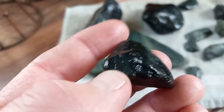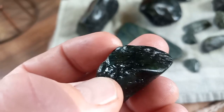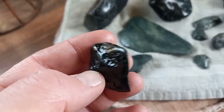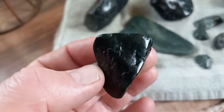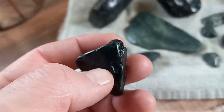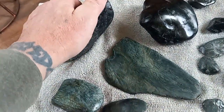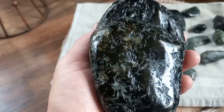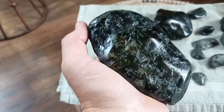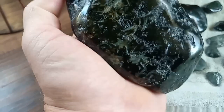So we'll look at all this with the flashlight on it, a lamp on it. This piece is like it was pure wad of actinolite with very little tremolite in it. It doesn't look like much, but this is probably our glassiest piece. I'm not even joking. It's like a piece of blackish green glass. It is just beautiful. And when I get the light on here, you can see the fibers still running through it in just the craziest way. Same thing with this last one. I hope that I'm not boring you. Super excited. This is a wad of super green, super translucent green, dark green, with the actinolite crystals still super visible and